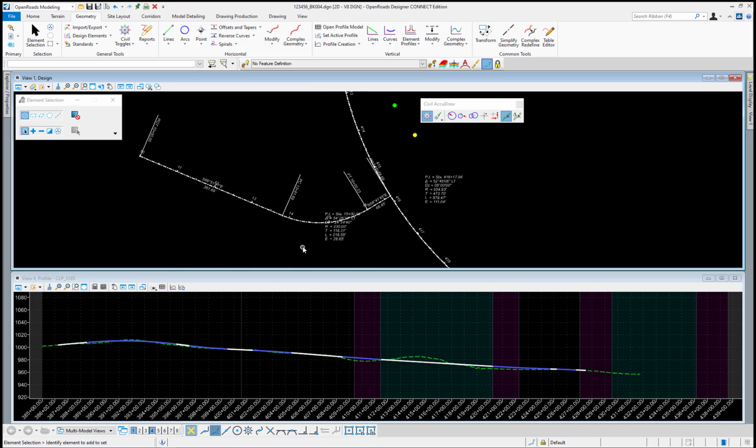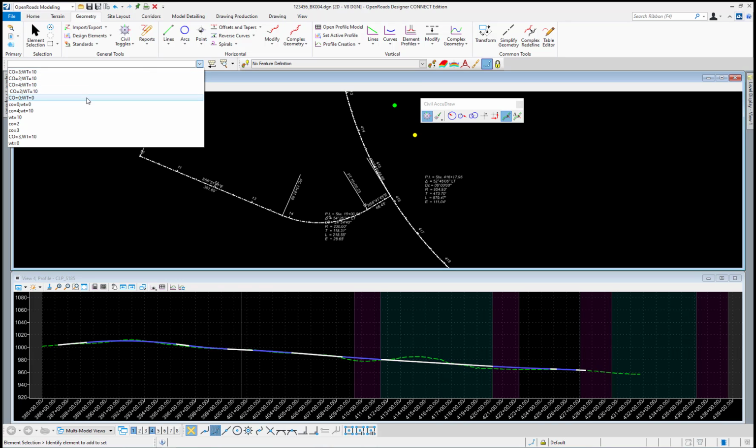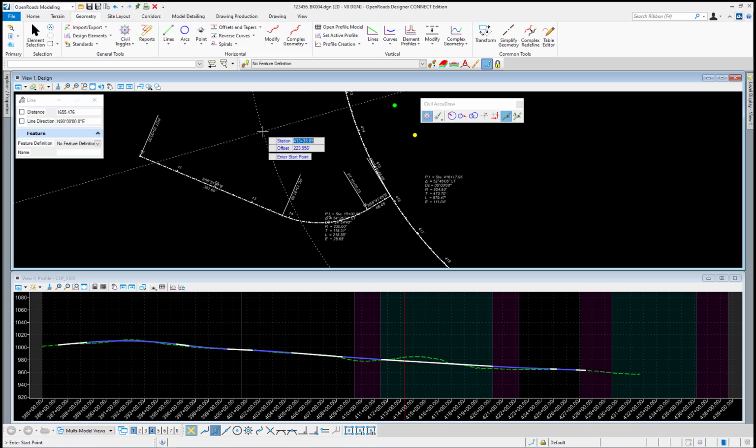So if I move to this alignment that runs east and west, in this case what I'll do is place a line, and I want to select my new alignment. So I'm going to enter in my station value of 15 plus 00, and when I get to my offset, I'm going to press the O key on my keyboard, and now it's going to prompt me to select my reference element. So I'm going to select my alignment,